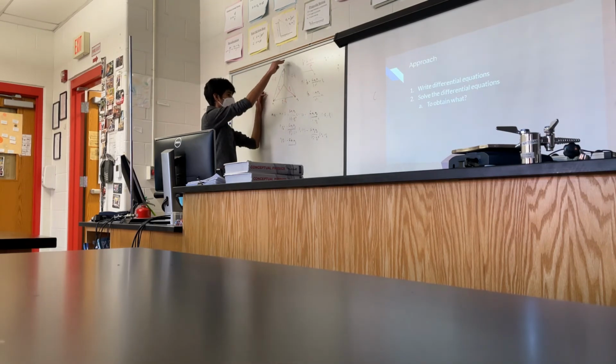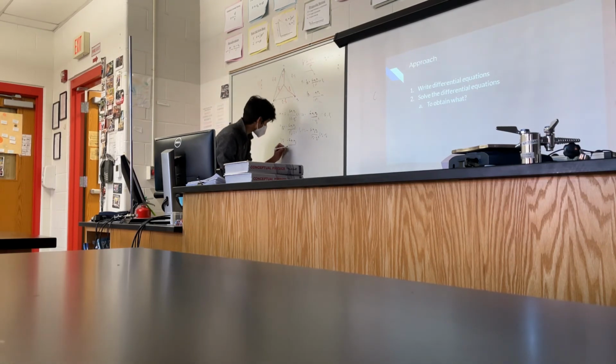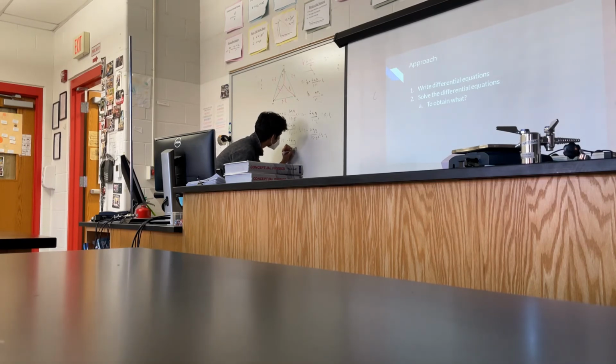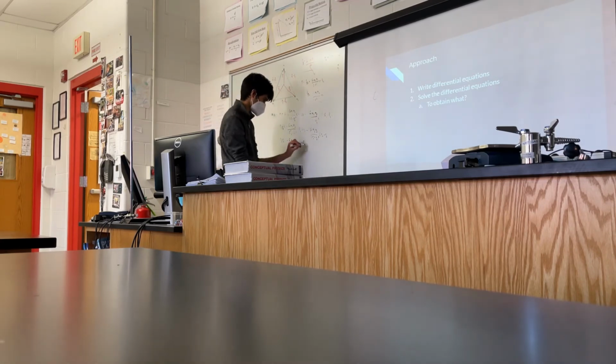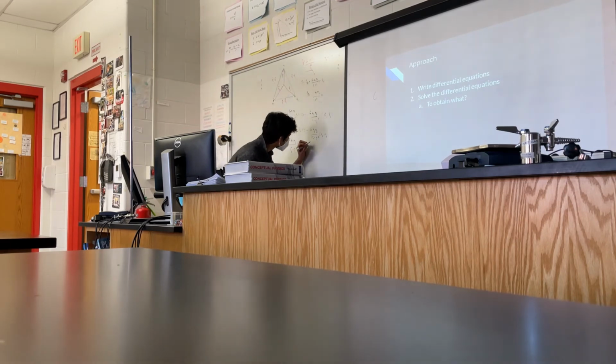It's acted on by the first mass and the second mass. So it's going to be a negative G M1 M3 over that makes sense. And similarly here we'll have